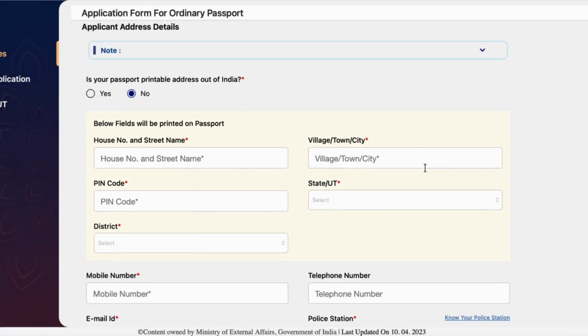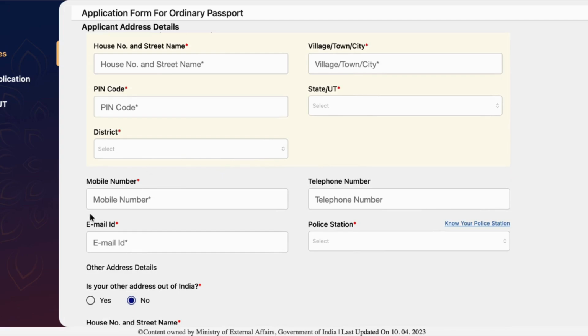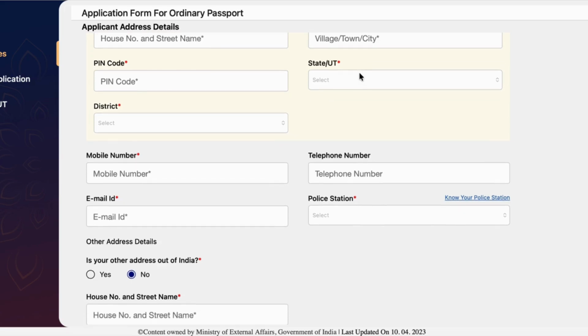Now, this is another area where you have to make sure you're entering the right details. The first one is the passport printable address. So this one should be your Indian address and not the Australian address. So just make sure to type in the Indian address here and the Indian mobile number and an email ID and the police station. It should be the Indian police station. And make sure to enter the same passport address which is present in any of the parents. So either father or mother should have the exact address in their passport, as that will be used for